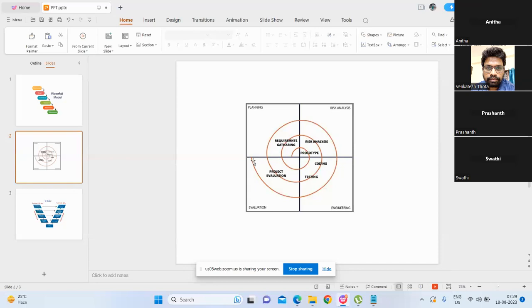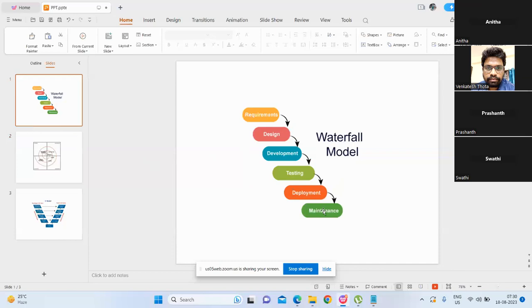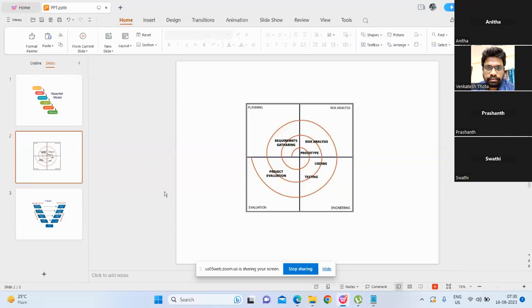Here the main advantage is that testing is done in every cycle, right? As I told you, for all the requirements, for each and every phase, these things are involved, and the testing will be done. Before going to the next phase, the testing is completed for this part, and when we include the next release, the testing will be done for that too. So at the initial phase itself, if there are any bugs in those 10 requirements,